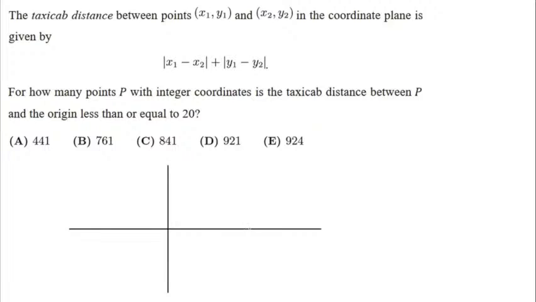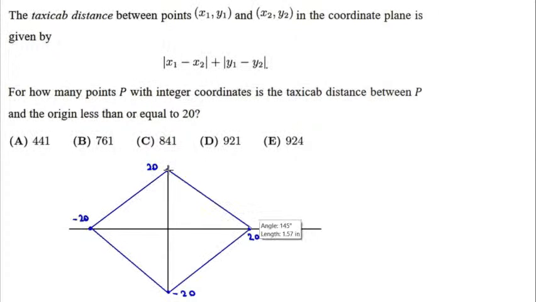So this part is 20, here 20, here negative 20, and this part negative 20. If we draw lines here, we should consider all points